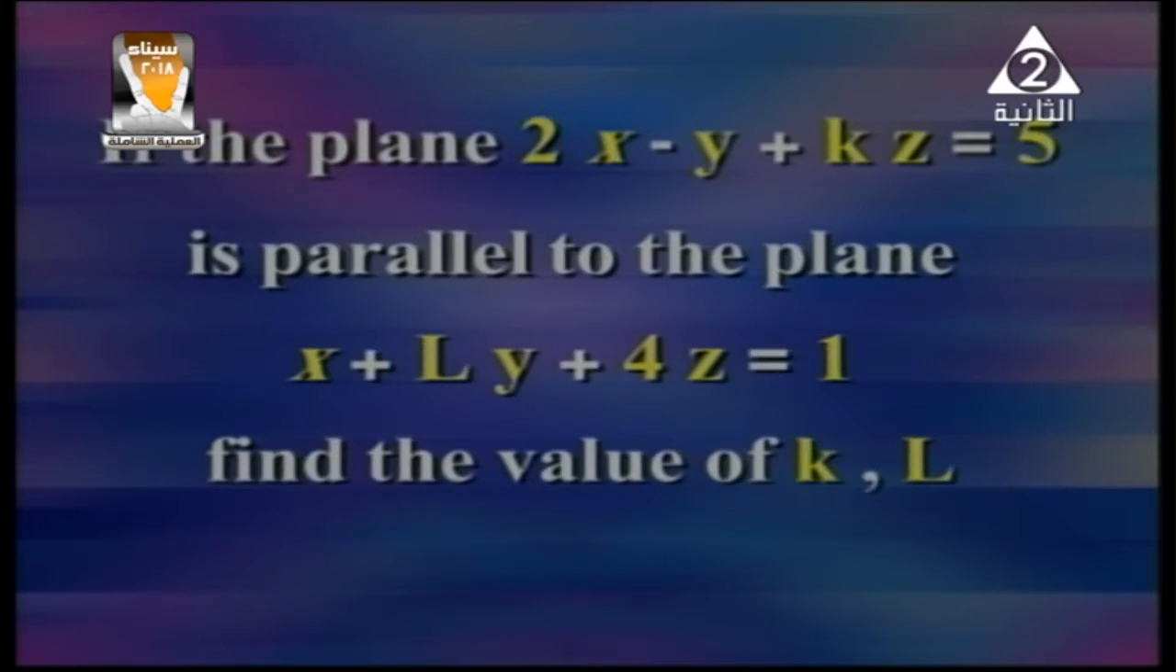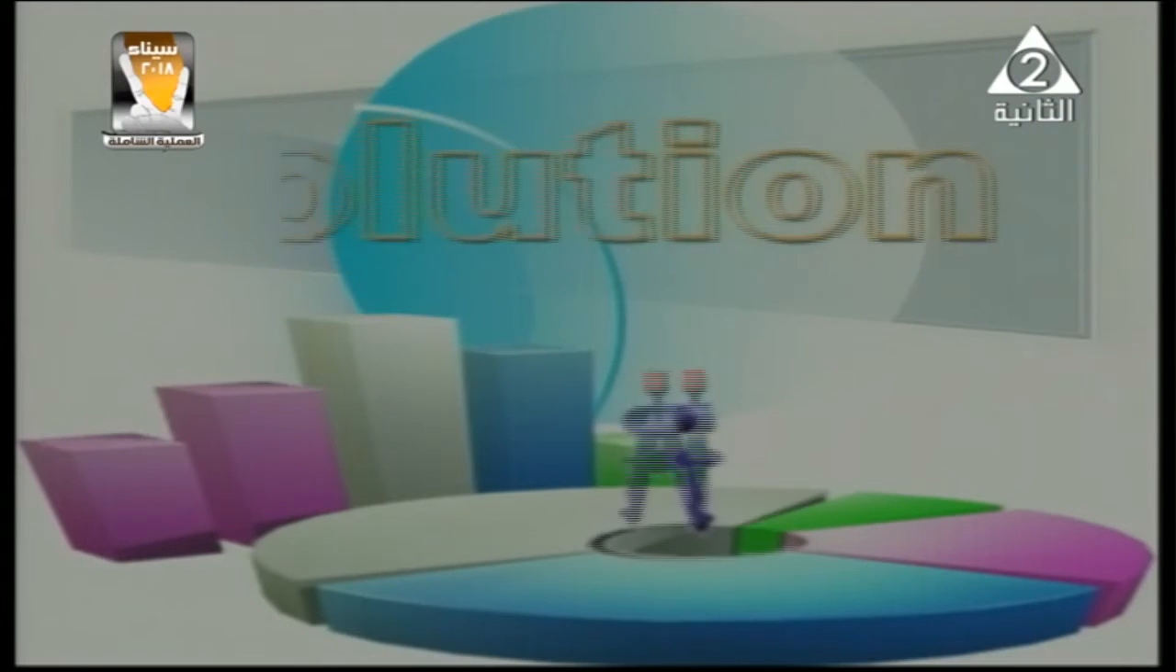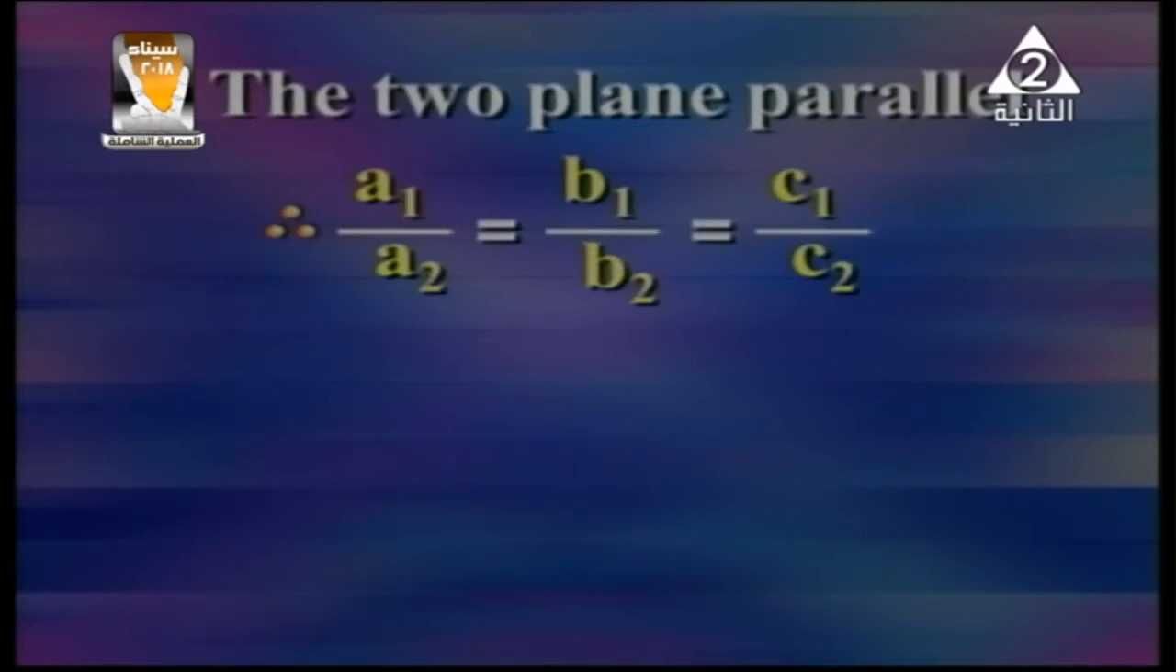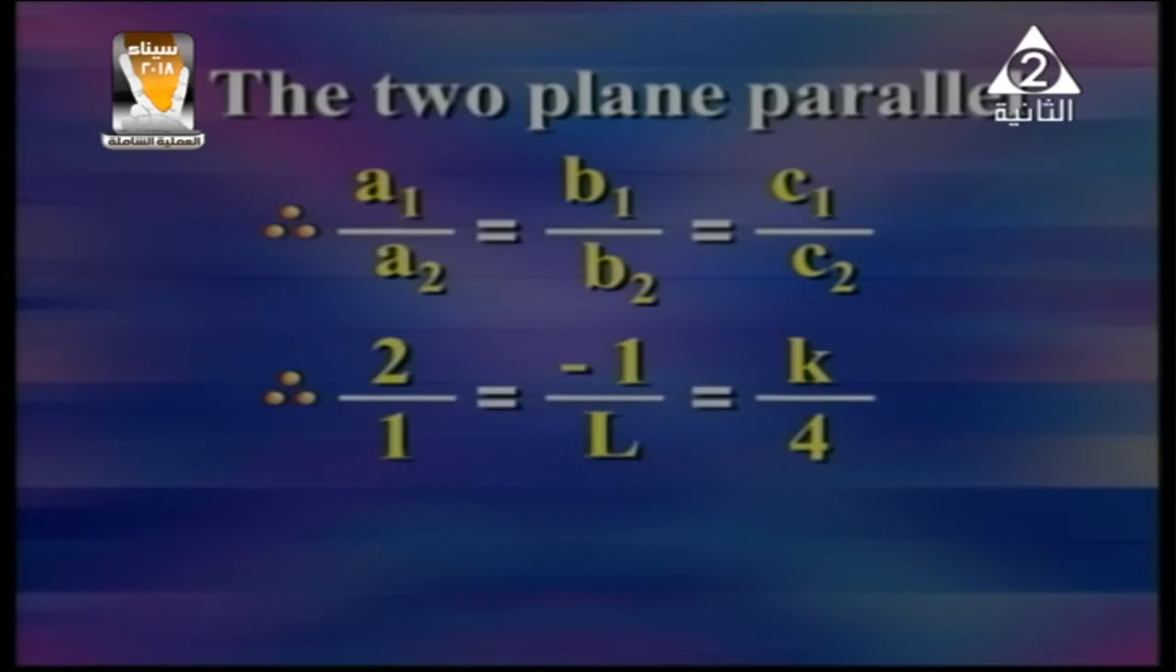Remember, dear student, when two planes are parallel, what do you deduce? Excellent student. N1 cross N2 equals 0. By solution, look, dear student, if two planes are parallel, then we deduce that A1 over A2 equals B1 over B2 equals C1 over C2. What is the A1 coefficient of x? In the first plane it is 2. Then we deduce that